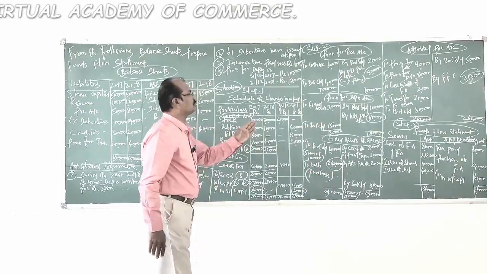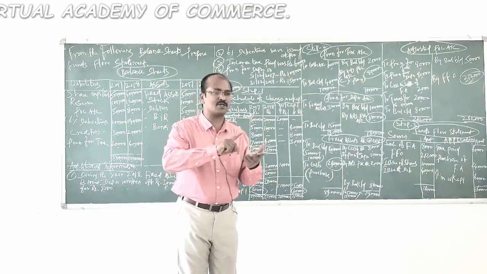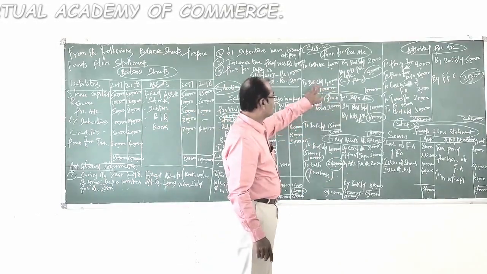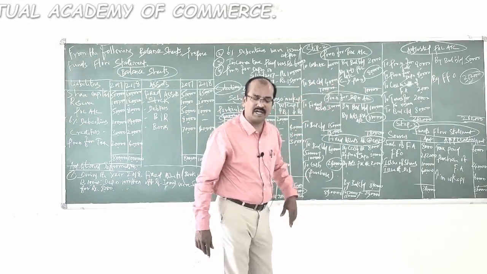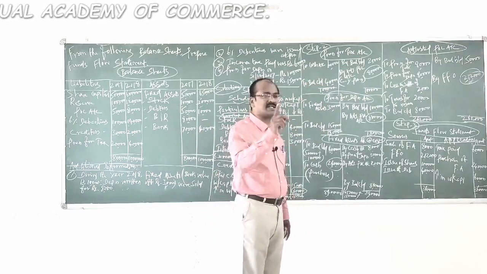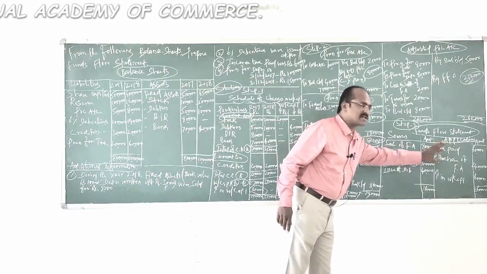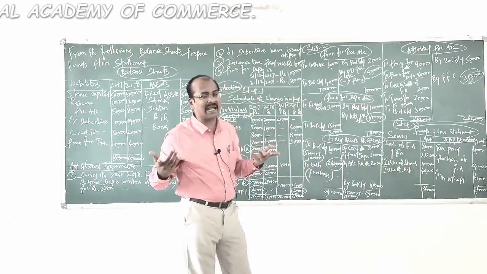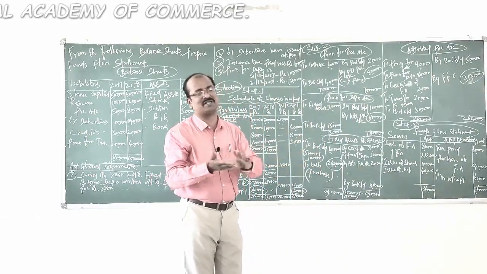Now, let us move to the last step, which is nothing but preparation of final funds flow statement. Let us go through the ledgers to identify the items that are related with either source of fund or application of fund. Fine. Here, this is provision for tax. Do you find any cash goes out in the name of payment of tax? Yes. They have paid tax amounted 60,000 rupees, which is application of fund, and that's recorded. Tax paid 60,000.